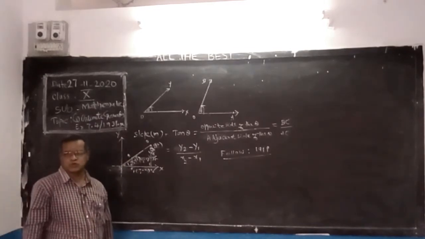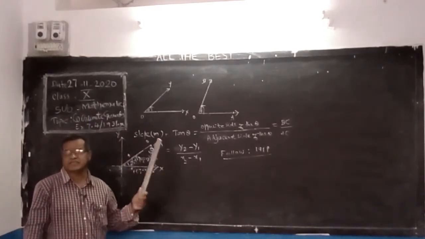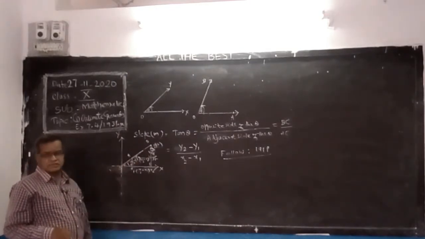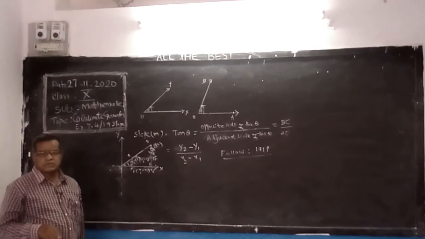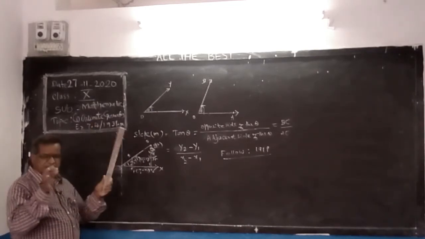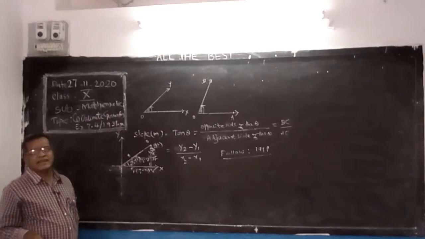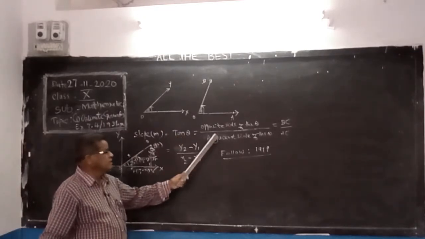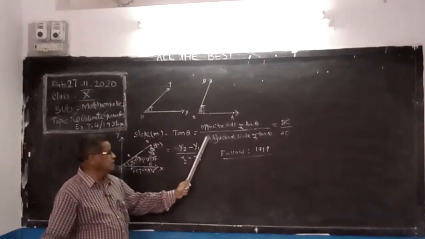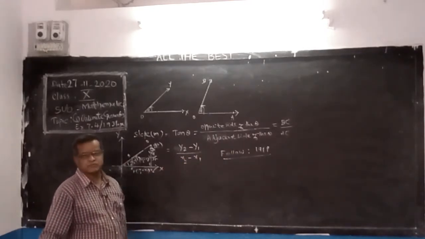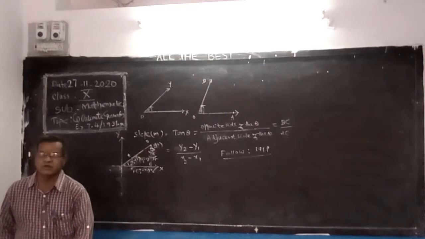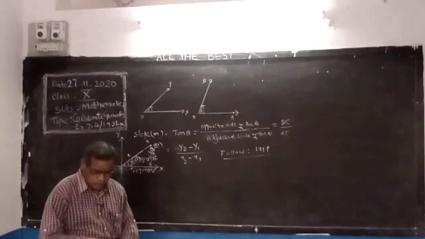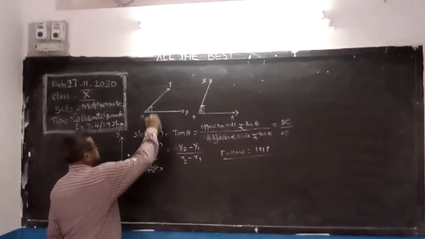This is the slope of the line. When 2 points are given, 2 points make one line. So slope of the line. Slope meaning is angle. Angle is defined by tan theta. Tan theta is opposite side of the angle by adjacent side of the angle. So simply you remember y2 minus y1 by x2 minus x1. Now let us go to the exercise.